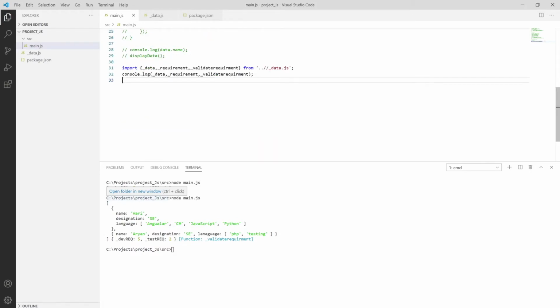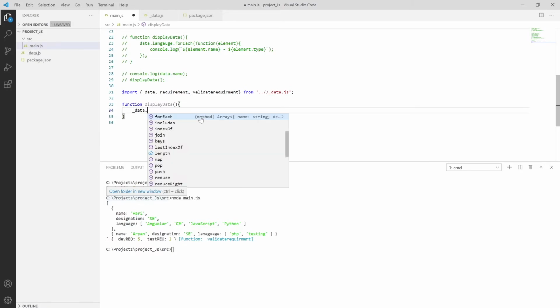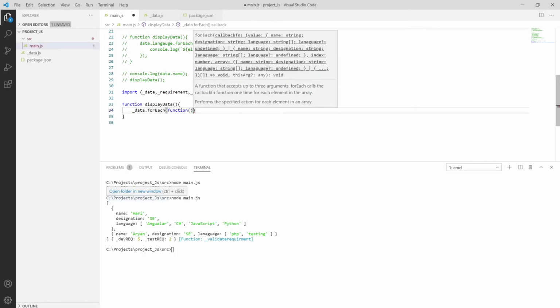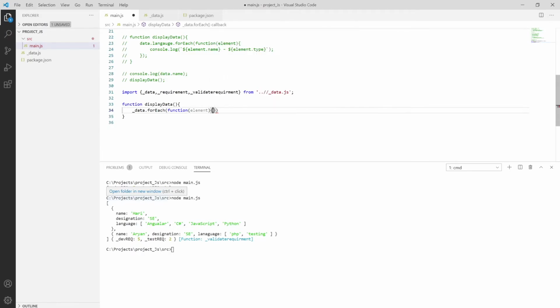So let me show you how we can use this. We already exported this over here, so let me create a function called display data. We have underscore data dot for each, and inside the for each I'm passing a function, with the parameter element.